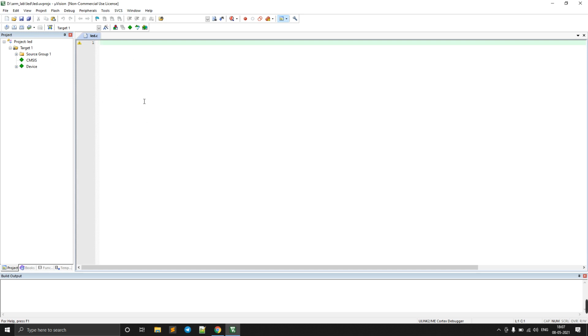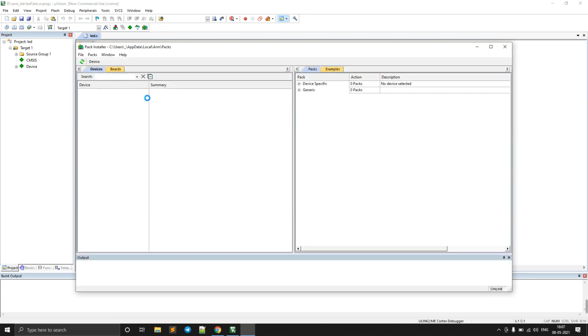I think you understood how to install this software, and till now how we get this editor. And if you want to check for any package updates, or if you want to change any package things, then here you have the symbol that is pack installer. Just click on it again, and this will open that previous window.